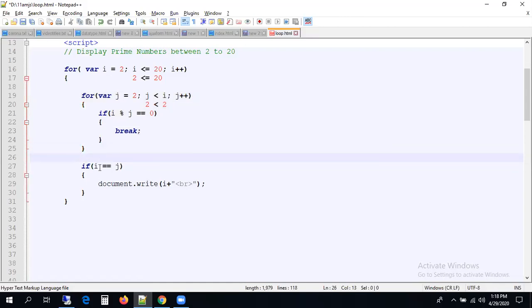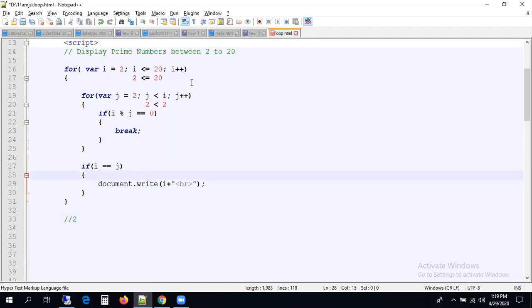After that, we come here. What is the value of i? Can you see the value of i is 2 and the value of j is also 2? You can see here, what is the value of i here? 2. What is the value of j here? It is also 2. The condition is true. If it is true, then what is going to happen? 2 is printed.